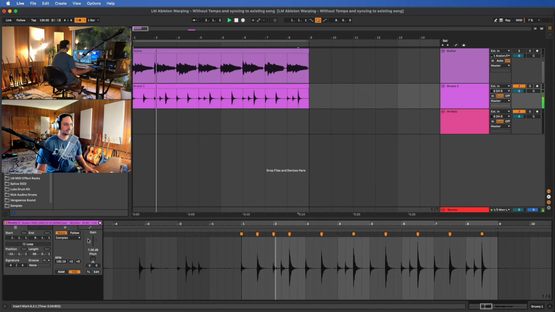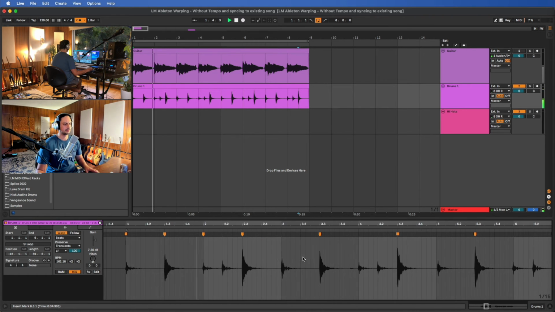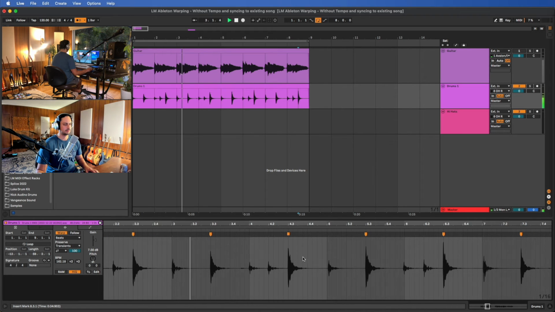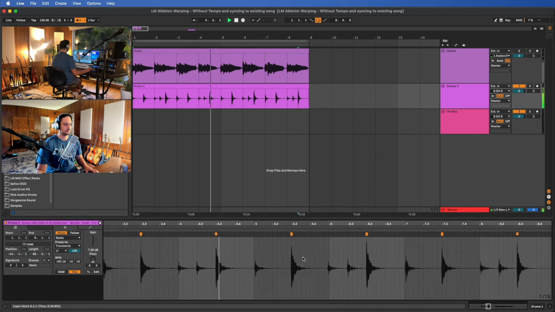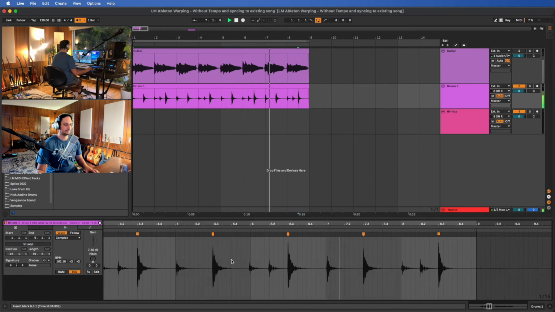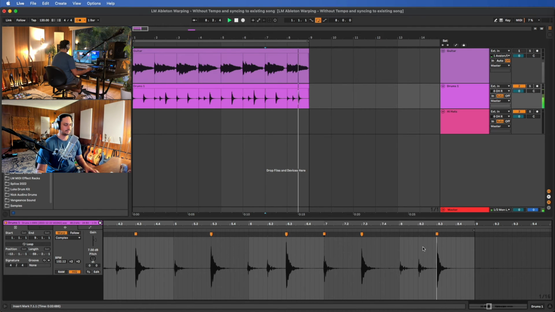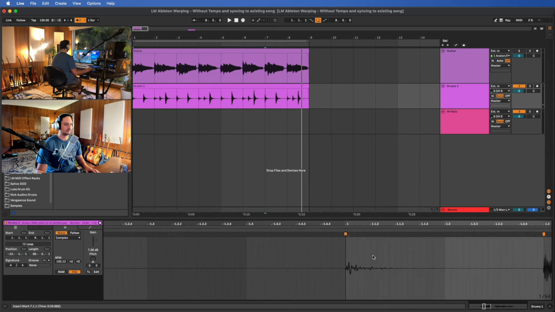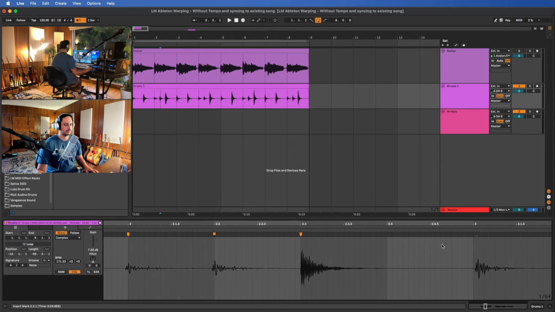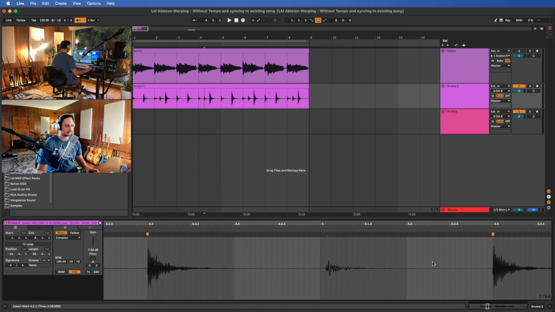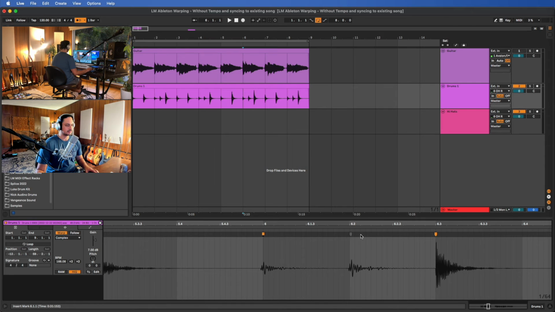It sounds very audibly warped. We can go on beats mode for drums, but I don't know if that will help, but we'll see. Okay, so I'm gonna go in and fine tune it. It's not great. I'm warping this more than what I would normally want to warp something. It just has artifacts and stuff, but for the purposes of this demo, I think this is a good example. And it certainly sounds better than what it would sound like if it was warped in another DAW,